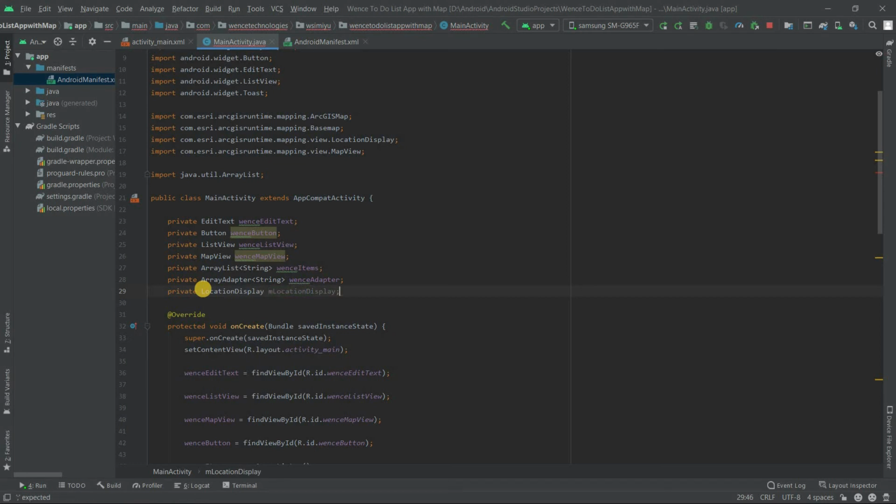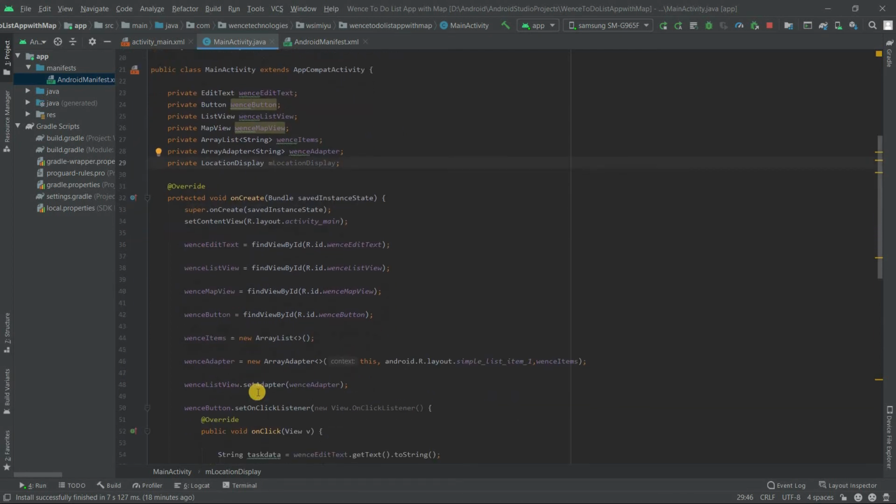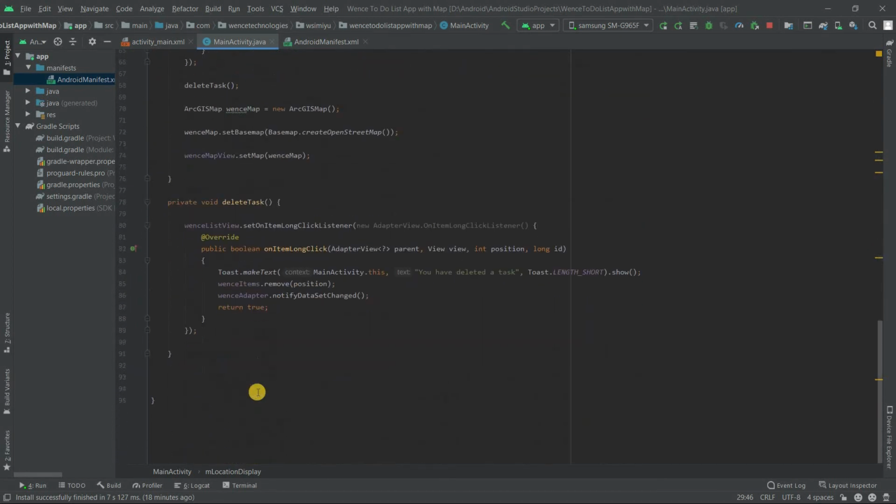The reason I'm using mLocationDisplay is that there is a standard method of adding location to the ArcGIS SDK runtime for Android, and I'll just add it here and then explain